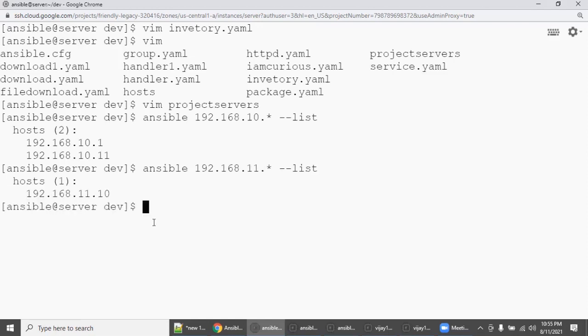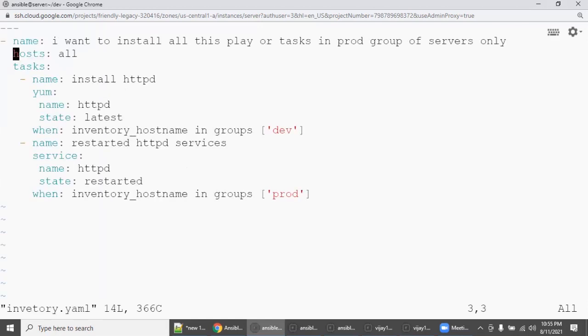See here. If you apply the same logic, for example, I'm taking this, I'm going to say inventory.yaml, instead of hosts all, yes, this is also possible. Even this is also possible.